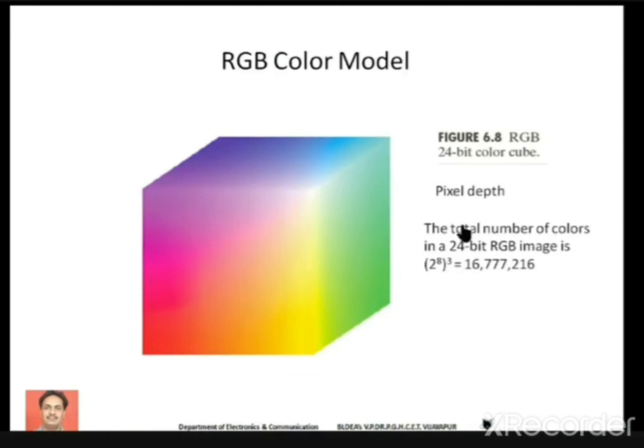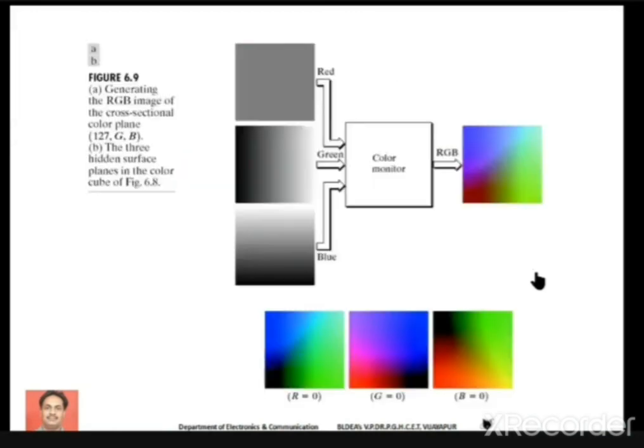And here we have one more definition, pixel depth. I think you can easily understand. The total number of colors in a 24-bit image is 2 raised to 8 into 3, right? Why 2 raised to 8 into 3? For each color we use 8 bits. However, we have 3 colors. That's why it is 2 raised to 8 into 3, which is as good as 2 raised to 24. It leads to these many colors. Just check how many different colors we get. So it is very difficult to identify all these colors, right?